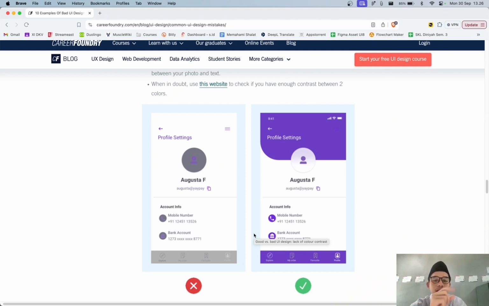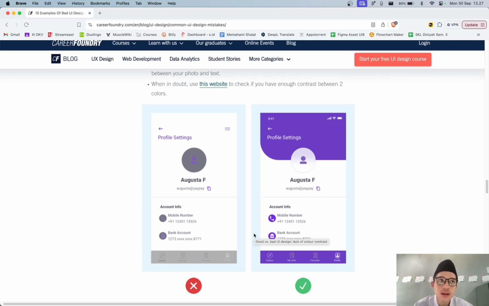So when you have a button, the color is maybe blue, and when you click the button, it will direct to another screen, right? And to make people not confused, for example, the button is dark blue. So if the button is dark blue, the text in the button needs to be the opposite. So if it's a dark color, then the text must be a light color, using white, like that. And if the button is maybe light, maybe yellow.